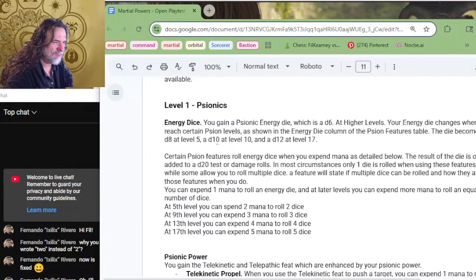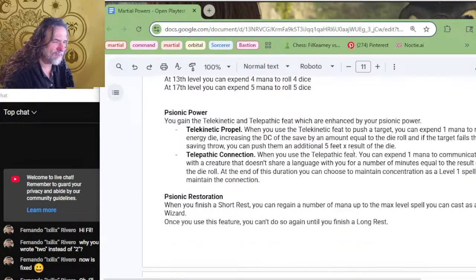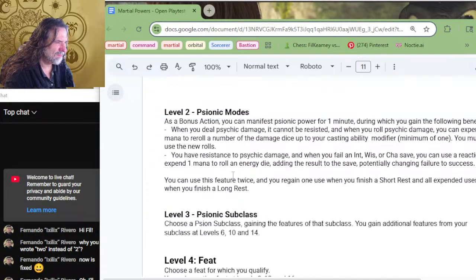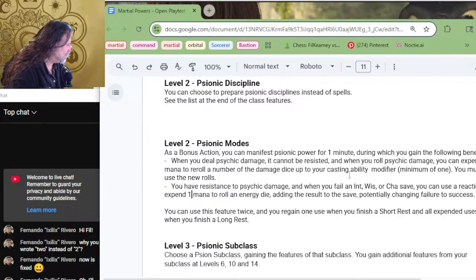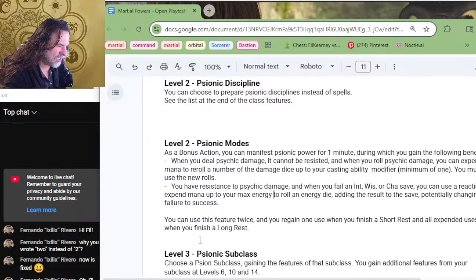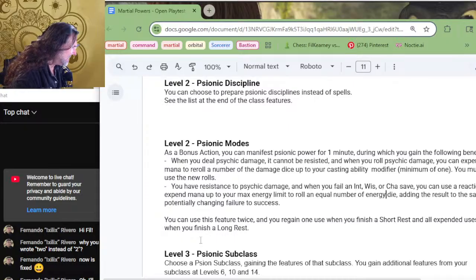What's the word that we're using now? Up to your maximum energy. You can use a reaction to expend mana up to your max energy limit to roll an equal number of energy dice, adding the highest result